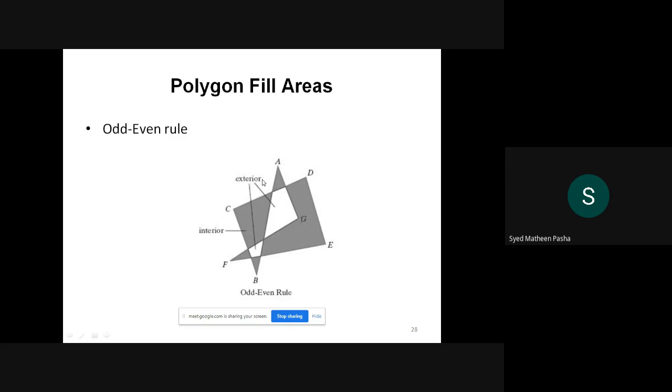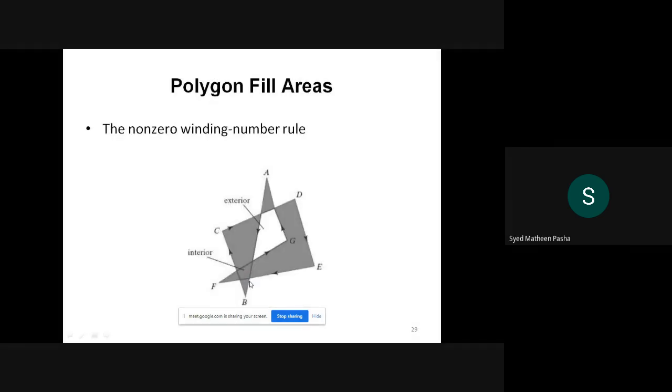You need to just remember the key points here. You are just drawing a line and checking how many lines are crossing that particular line. If the count of lines which are crossing the line which you have drawn is odd, I can call it an interior part of the object, and if it is even, I can call it an exterior part of that particular object. So this is how the odd even rule is performed.